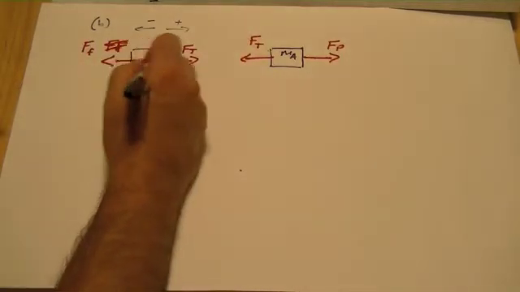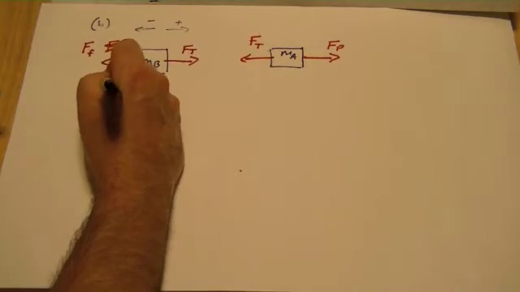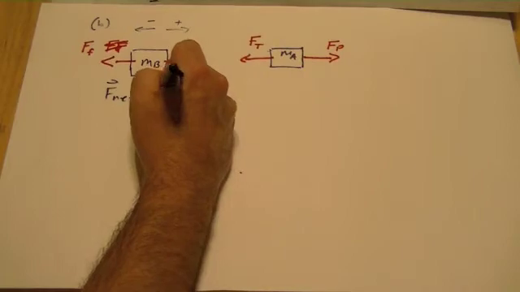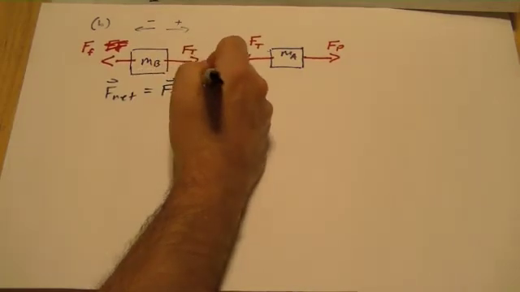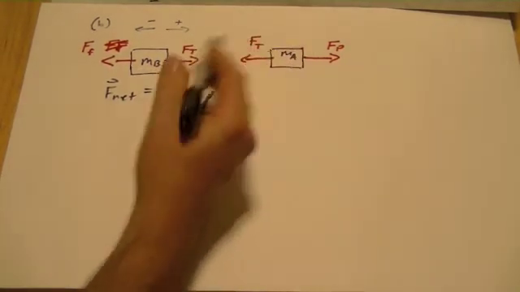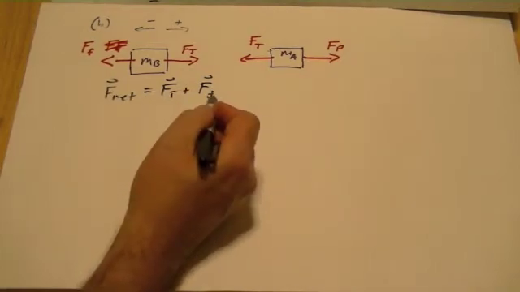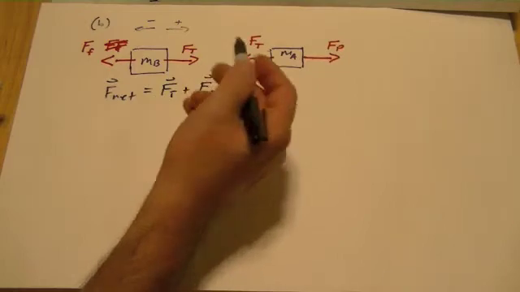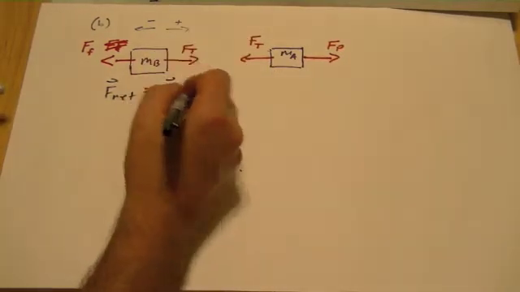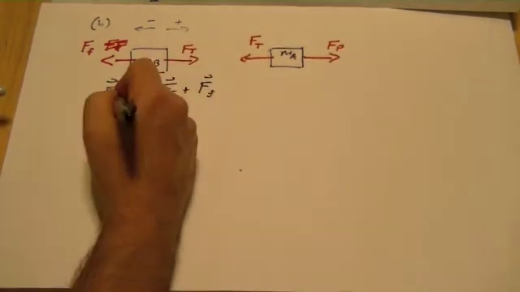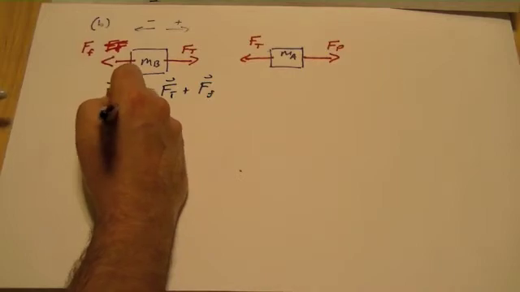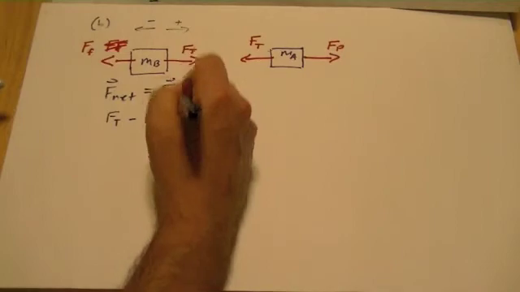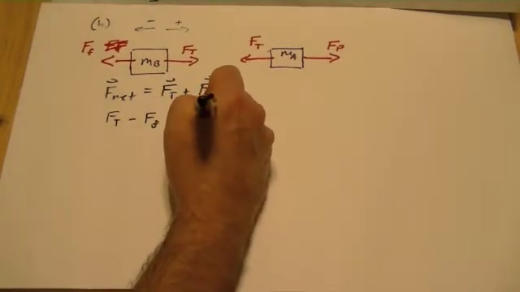So again, if I use my vector sign to indicate that I know the net force now is the tension plus the force of friction. Now, this indicates that I haven't put in any signs, but now I'll put in the signs of the forces and take away my vector hats, as I like to call them. And I get that I have force tension minus force friction acting on block B equals the mass of B